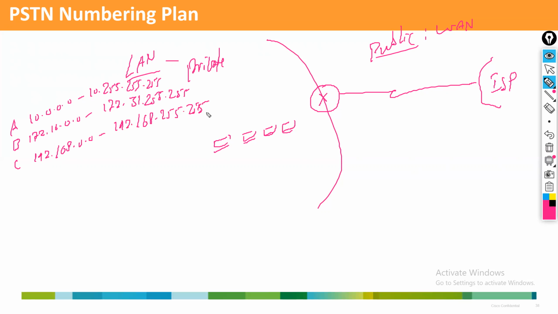That means any of these classes, A, B, C, you can use internally, and it's free of cost, not required to pay anyone. For example, internally I'm using the IP address 192.168.10.0, and on this network I'm using 10.1, 10.2. What type of IP address is this? Private IP address. But whenever you want to go outside to the public network,